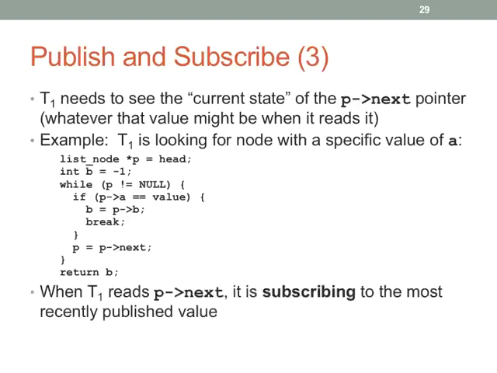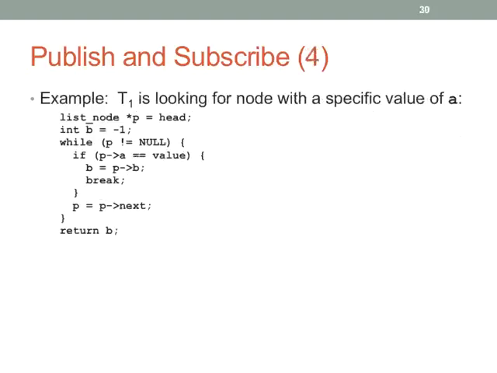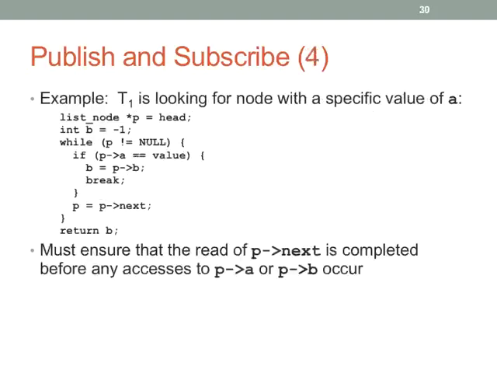So we say that T1 is subscribing to the value of the pointer. Okay, publish, subscribe. So pointers change, we say it's a publication. Somebody reads the pointer value, it's a subscription. So we need to make sure that P arrow next is read before anything else happens. This sounds crazy, right? Seriously, you want to read P arrow next before any accesses to P arrow A or P arrow B. So we're saying that P equals P arrow next needs to finish before the rest of the loop that comes after it in execution, right? Well,